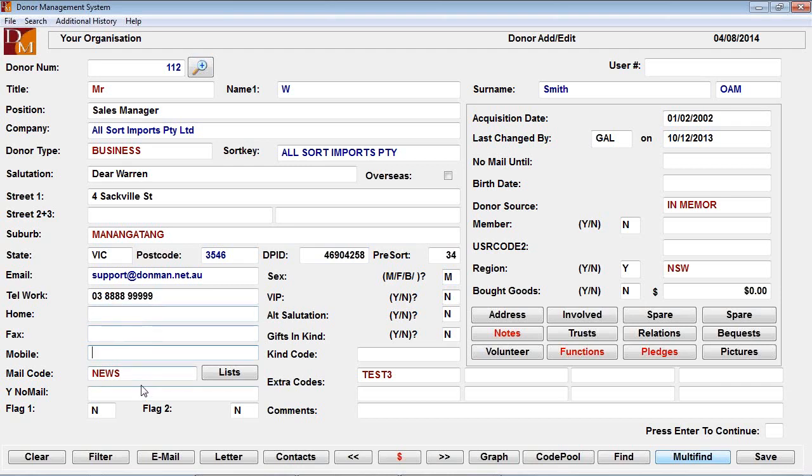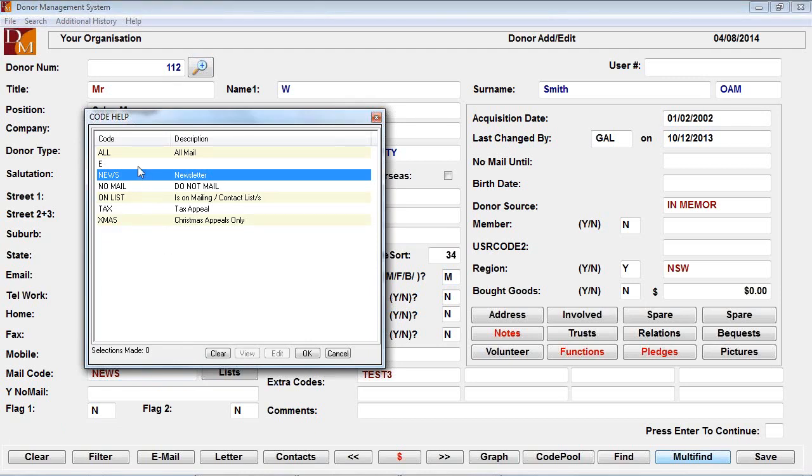Okay. From there, if I go down, the next of my drop-down fields is the mail code, and this is where I can use the system in two different ways, depending on the size of the organization or how complex your mailings are. In the case of simple mailings where people get all mail, or they just get the newsletter, or they get tax or Christmas, and there's no real crossover,